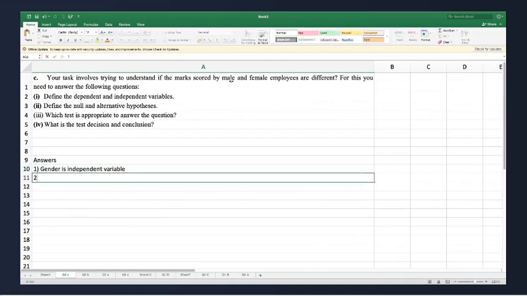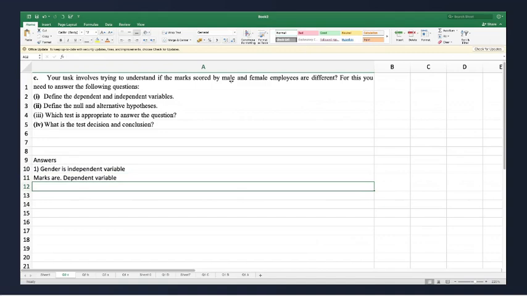And what is my dependent variable? Obviously, marks are my dependent variable because marks vary from gender to gender. Gender is not dependent on marks, and we can assume that marks are dependent on gender. So marks are the dependent variable. Okay, this is the answer to question number 1.